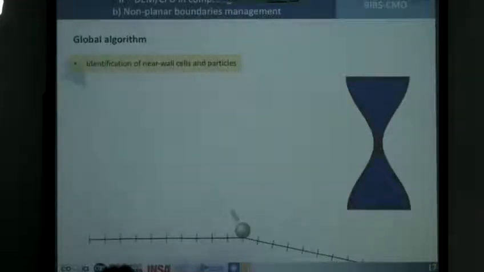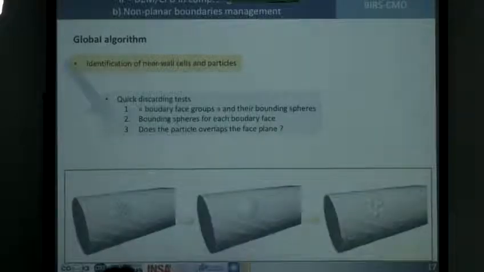So now that we are able to identify the mesh cells, and thus the particles, that are very close to the wall, we have to know in which zone any particle can collide. We are looking for some local information here. So what we do is decompose the boundary into small groups of contiguous faces, for which we define and store